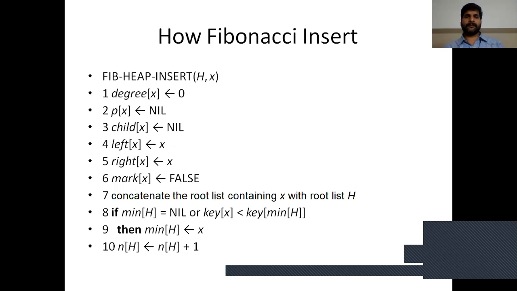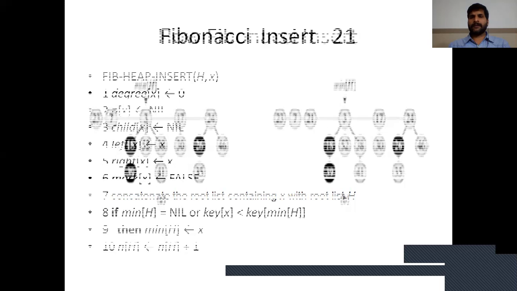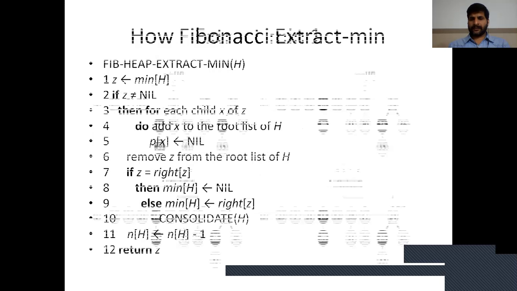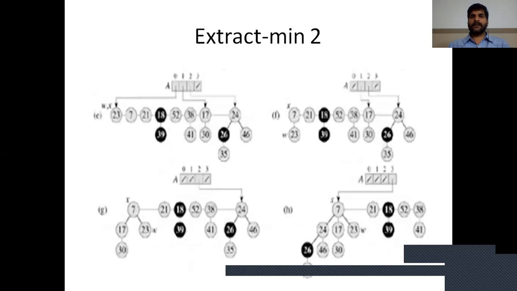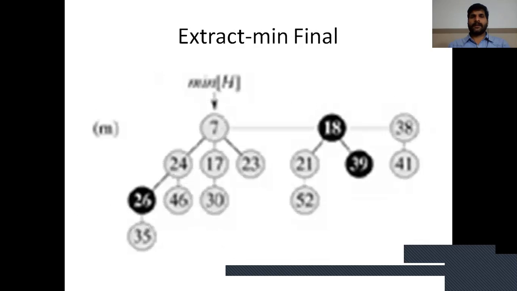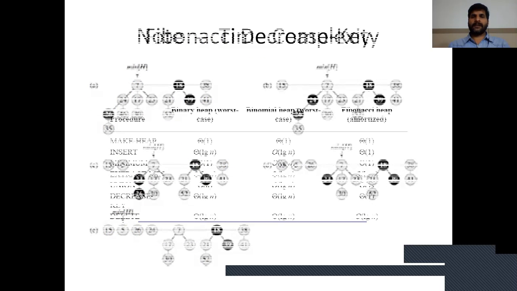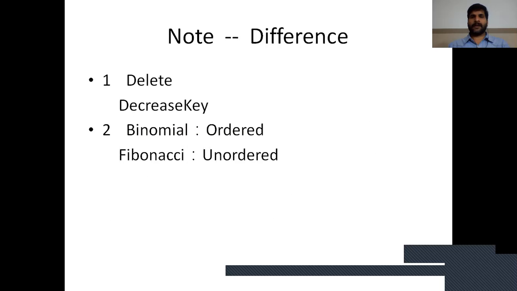How an element is inserted in a Fibonacci heap. We explained with the help of an example how to perform Fibonacci heap union and extraction. Extraction of the minimum key of a Fibonacci heap was explained by this example. Next, how to decrease the key, and compare the time complexity among the Fibonacci, binary, binomial heaps, their applications and the difference between Fibonacci and